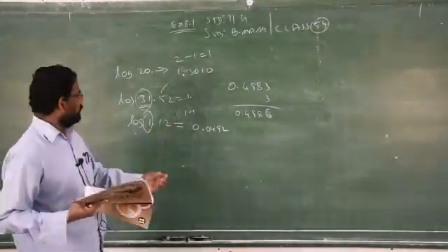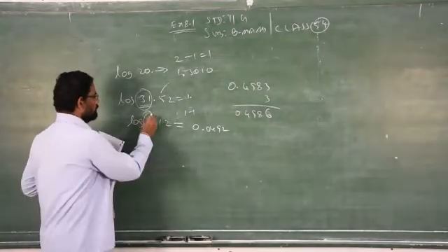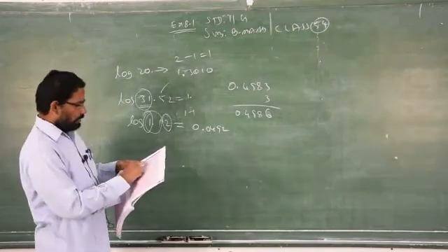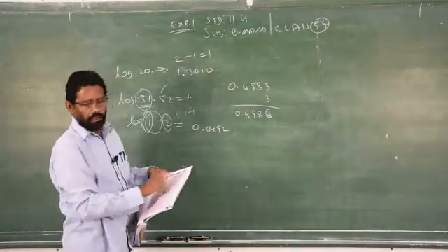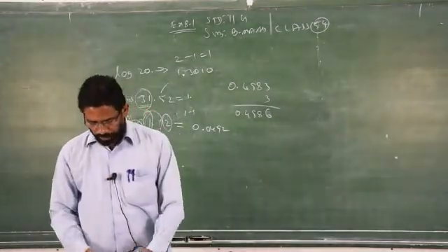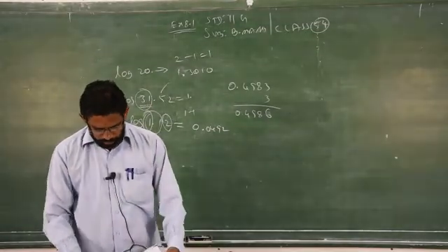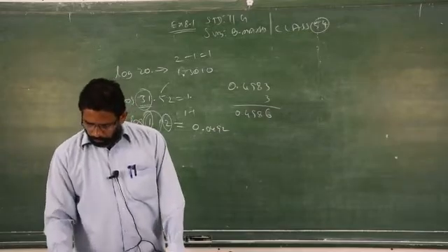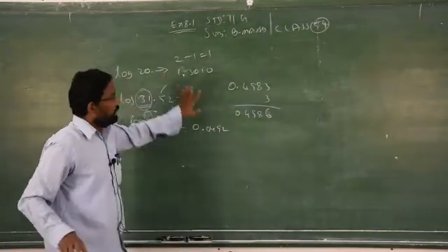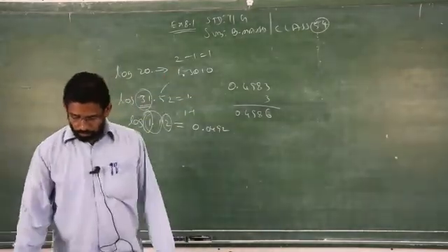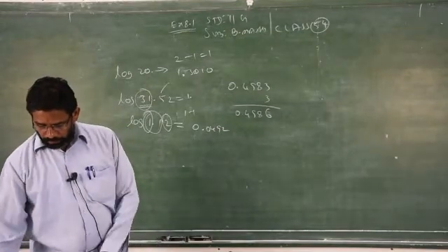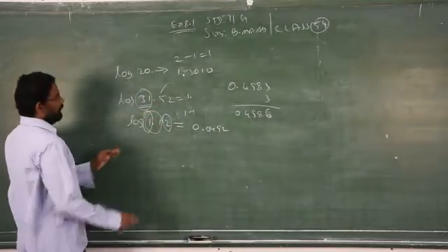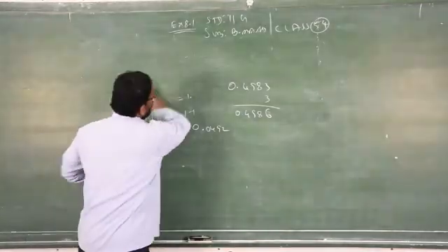Including the first 2 digits, always first column. Third digit is from 0 to 9. If it is the fourth digit, see the mean difference. This is the method to find logarithm. So based on this concept, we will see most of the problems based on the logarithm's value. Clear? So you must know how to find logarithms. Now we will see some problems based on the logarithm. So this is the method to find logarithm.